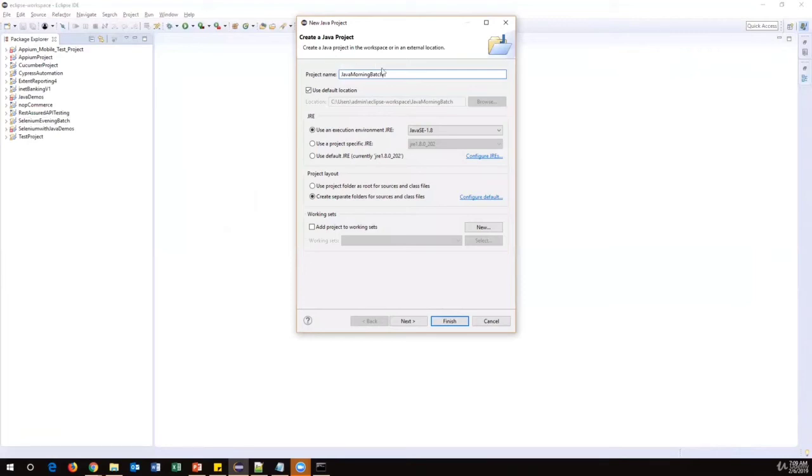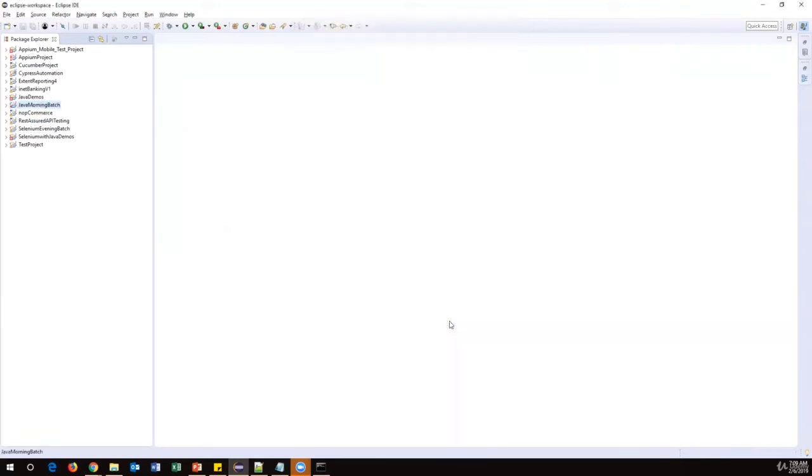Give some project name here, and the project will be created in this location. By default, the workspace location is maintained by Eclipse. When you launch Eclipse the first time, it asks for the workspace location, and in that workspace all your projects and code will be stored. Once you have entered the project name, click Finish.